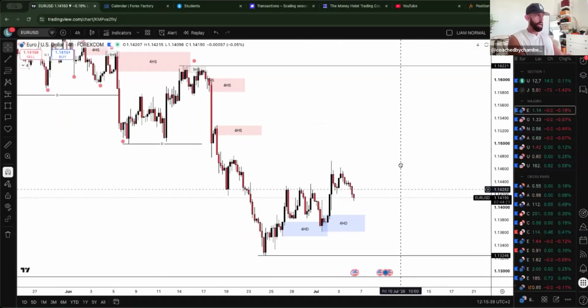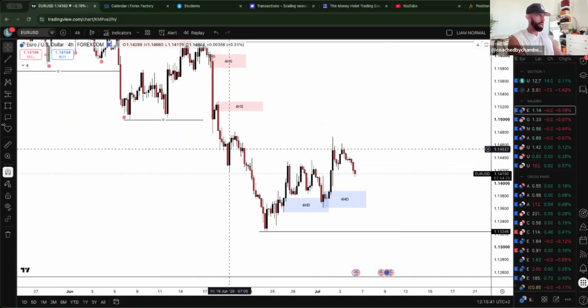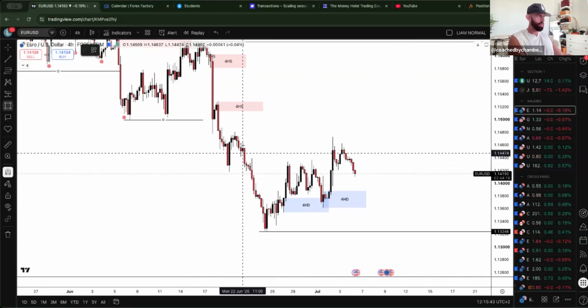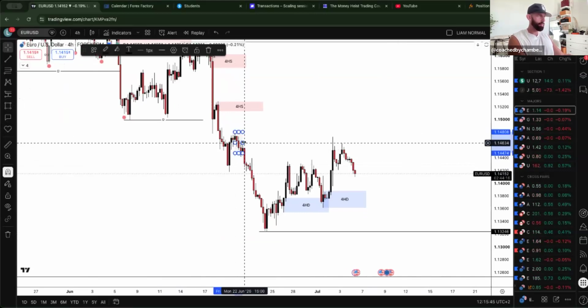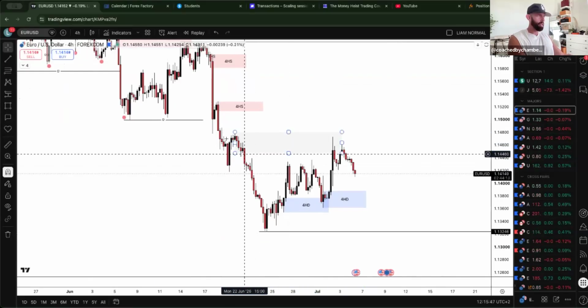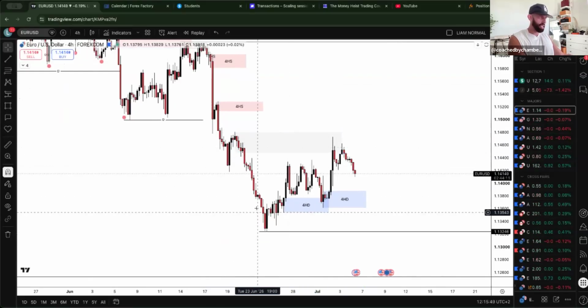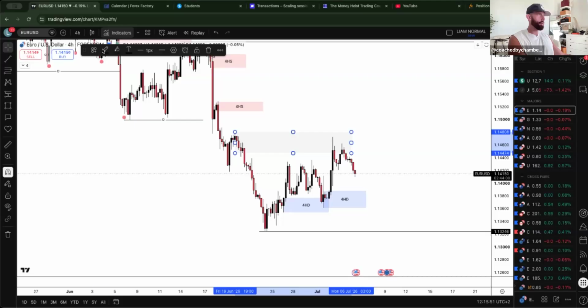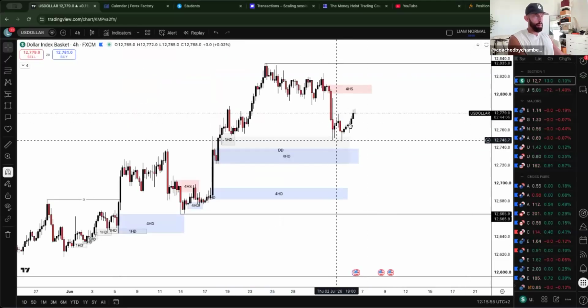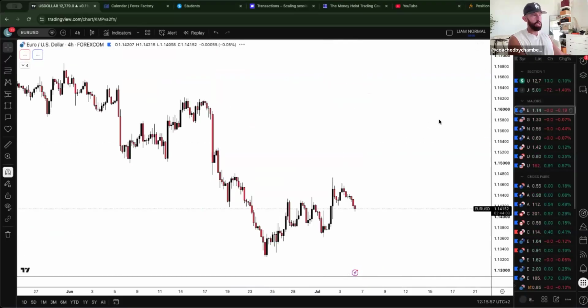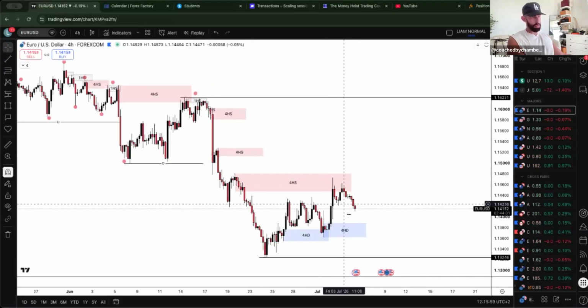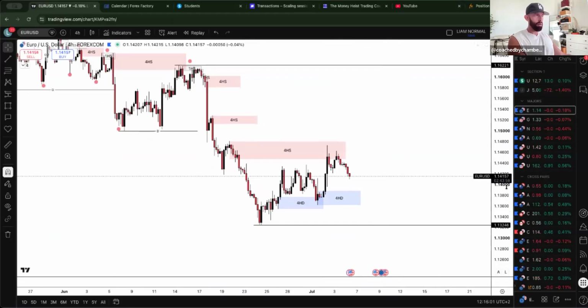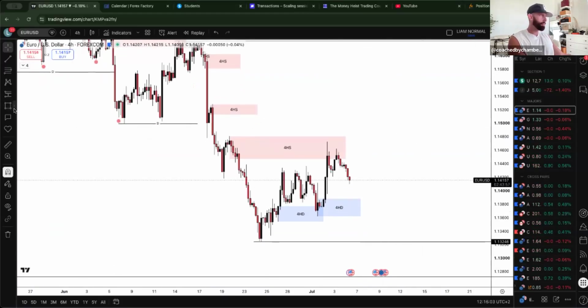pretty simple. One thing I can notice is we have tapped into this area of supply here. It started at imbalance. That's where market consolidated before market started to move away. So that is a 4 hour supply area, which again aligns with the fact that market is reacting from this daily demand area. So we're inside this 4 hour supply and we are starting to sell off. Now, of course, internal for me,